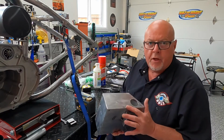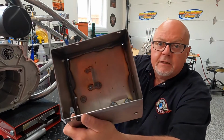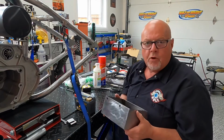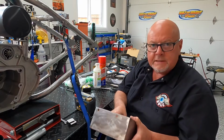So I showed you the coil mount. What I've done now, and I'm going to see if I can get you a shot of that, inside there, forgive the welding. That's a little bit tough to get in there. I think probably we're just going to get some good tacks in place. I don't know that I'm going to weld the whole seam, but what I've put in here is some guides